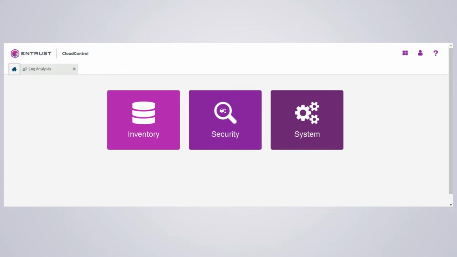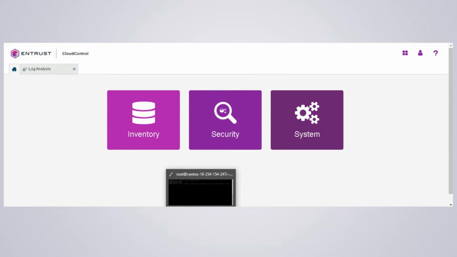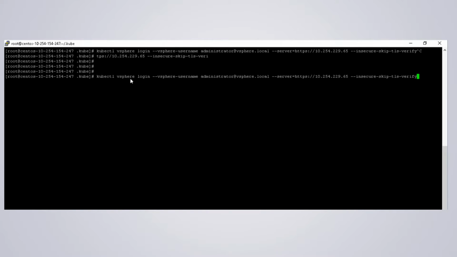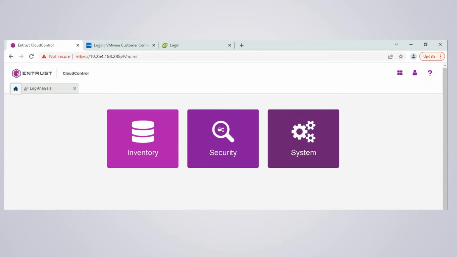When you import the cluster, you need the kubeconfig file for the cluster. This file is generated when you log into the cluster. So I'm going to show you how to generate the kubeconfig file for the management cluster, and I've done that already. You just do the login command into your cluster. Once you log in, you can see that there is a .kube folder in your home directory. In this case, I'm logging in as the root user, and the file is called config. So I've transferred this file to my desktop, and now I'm going to use it to import the Tanzu management